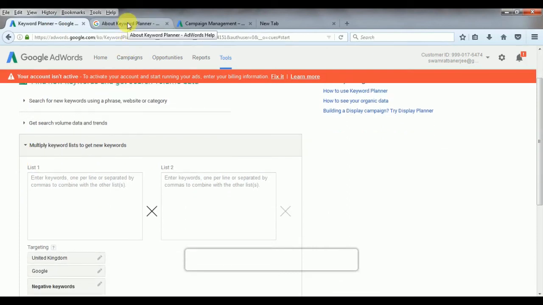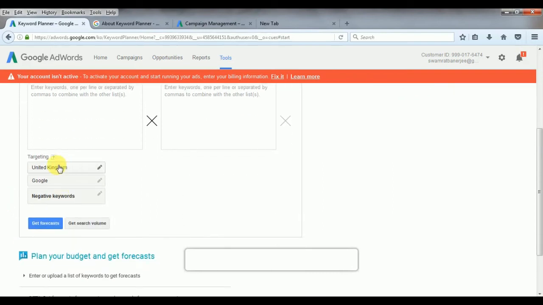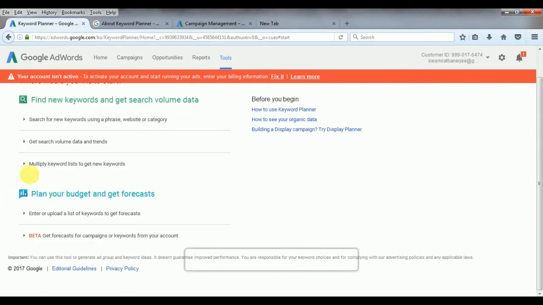you will get all the search volume, the competition rate, the bidding, how much Google will charge for one click. Those are all things you will get from here. And the same thing you can do, you can choose the location, goal, negative keyword, whatever you want. So, and the last option is